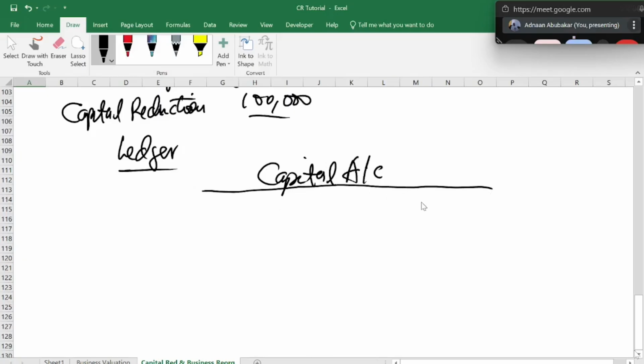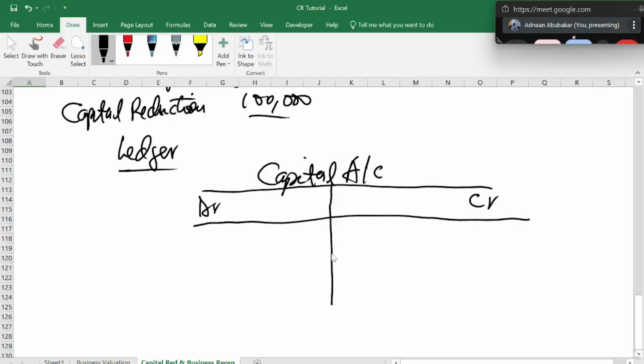And in our capital account, you have debit and credit, right? Yes, sir. You can bring it all here, or you can make it T form. So here you have your debit, and you have your credit here, right? Don't forget about that.